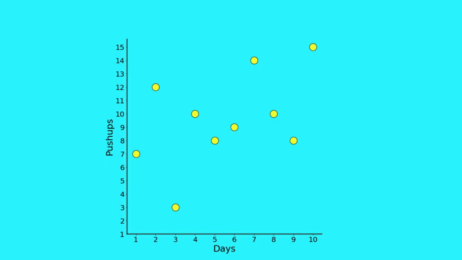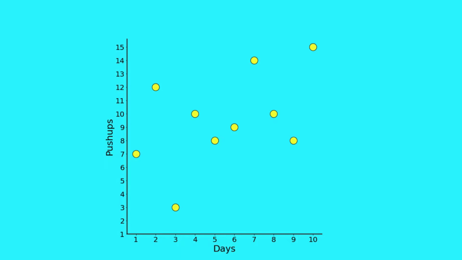Now, this is how real-life data looks when plotted on a simple graph. It's not ideal, it's not uniform, and it's noisy, but it still follows certain rules. Now, if we wanted to define this rule, this relationship in your data, as a linear relationship between the number of days and the number of push-ups you can do, how would you do it? How will the straight line look like?